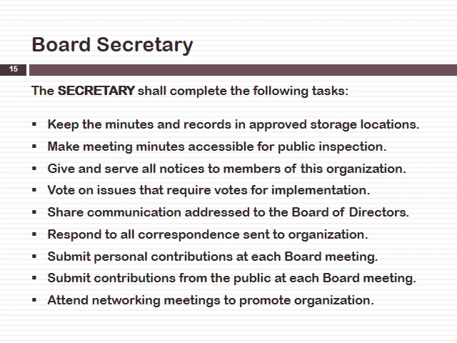They respond to all correspondence sent to the organization. And again, nowadays with digital technology, the correspondence may come in the form of email. They may not always come in the form of hard copy mail through the actual United States Postal Service. They submit personal contributions at each meeting. They submit contributions from the public at each meeting, and they attend networking meetings to promote the organization, just like